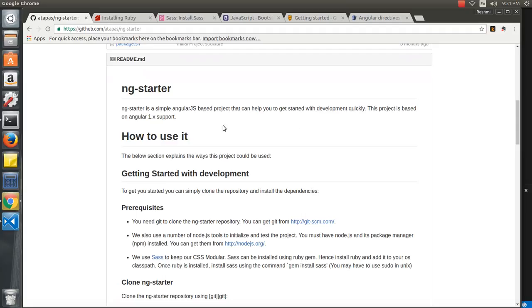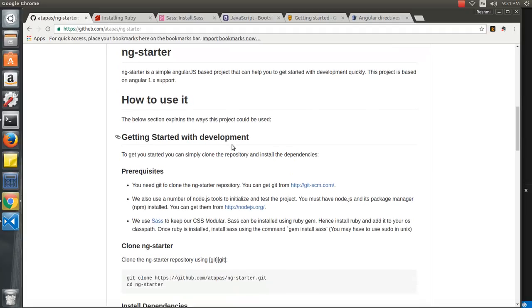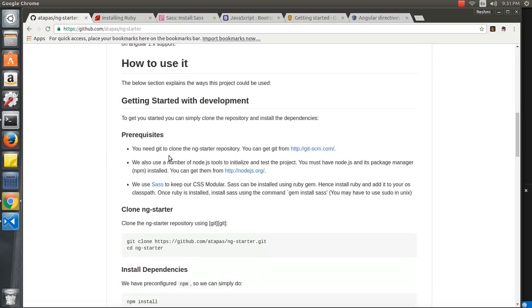Now, as I said, that ng starter is a simple AngularJS based project which will help you to get started with development quickly, and it's based on Angular 1.x support. In future we will use another starter which will get us started with Angular 2.x, right? And how to use it, we have few prerequisites to be installed in your machine so that you can start